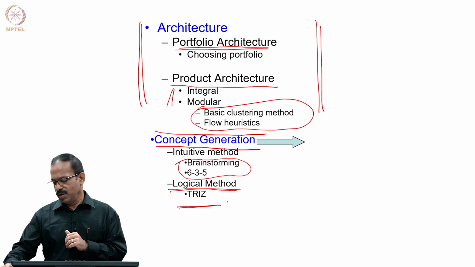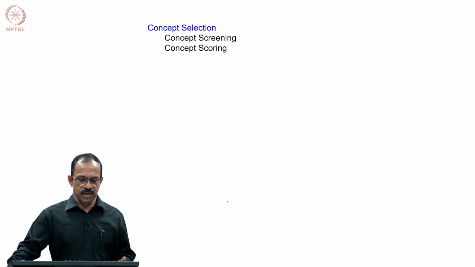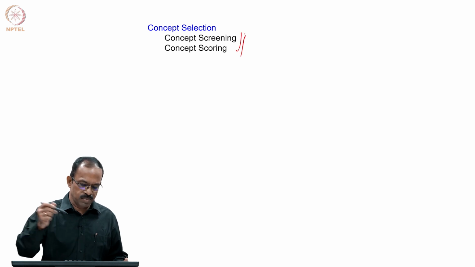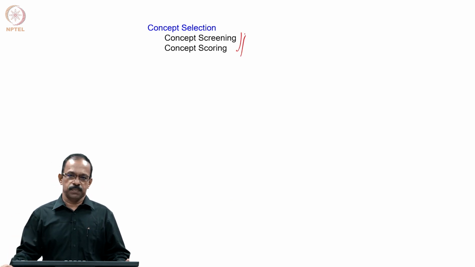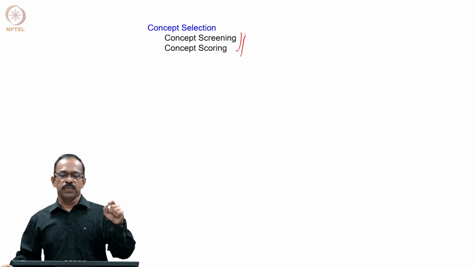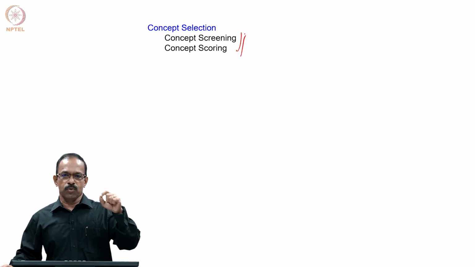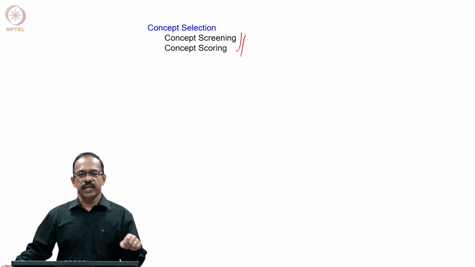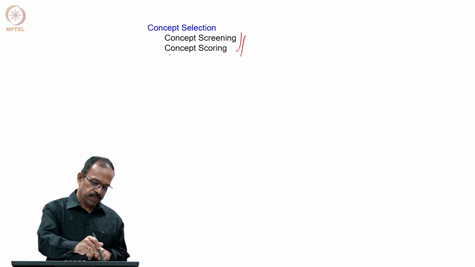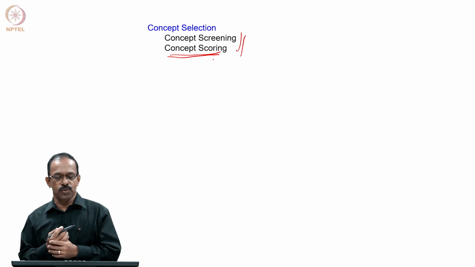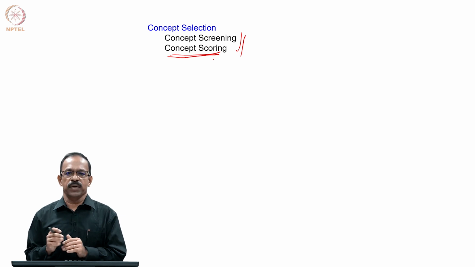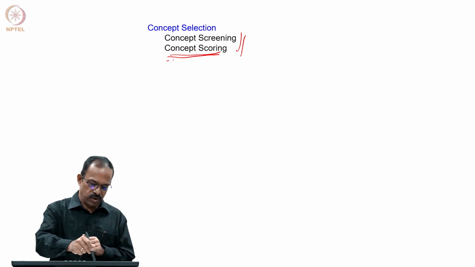And then finally, we discussed the concept selection. When you have a large number of concepts, how do you choose the best concept? And we found that there are two stages, one is known as concept screening, the other one is concept scoring. Concept screening helps us to quickly bring down the number of concepts to a smaller number and then rank them and take it to the next level of concept scoring. In concept scoring, we use more objective values and weighted criteria to evaluate the concepts and finally choose the best concept. So, that was the concept scoring.